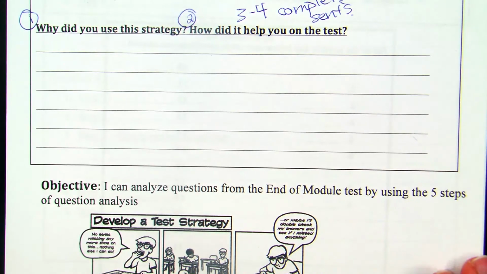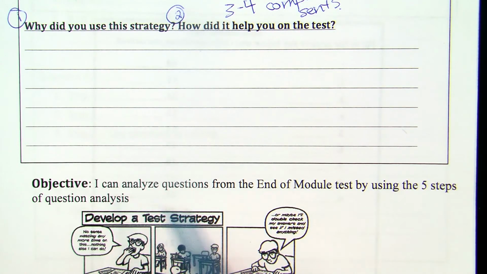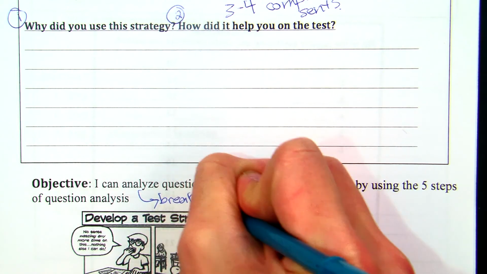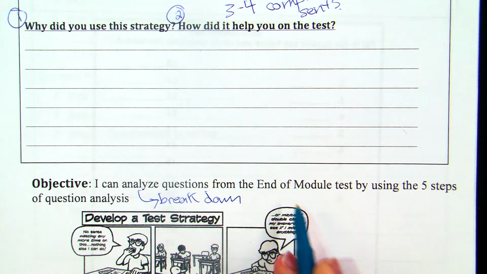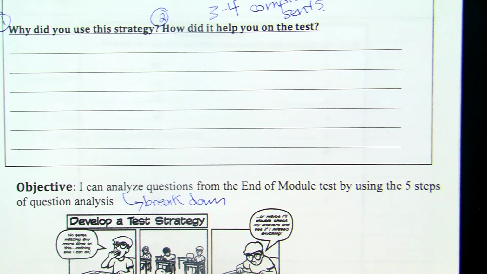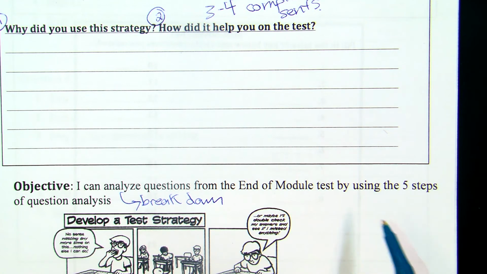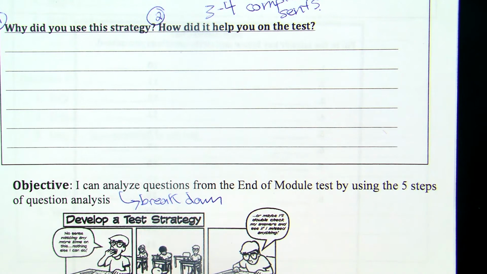Alrighty, our objective today is I can analyze, or kind of break down, questions from the end of module test by using the 5 steps of question analysis. I know that we've used this before on an Edpuzzle lesson, once or twice before, and why I really like the 5 steps is because it helps you to think back through the actual test, and think through those answers